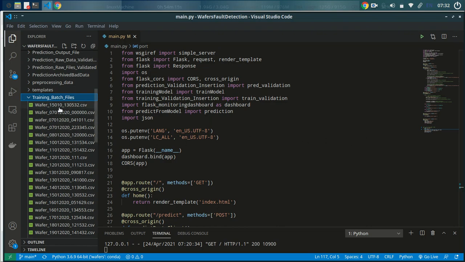Now, if a file does not follow this particular pattern, for example if its name is wafer.csv, then I am not going to consider that file. That file will fail the validation and will go to a particular directory. In this validation step we create two different folders, a good data folder and a bad data folder. Files that are successful in the validation move to the good data folder, and those files which are validated but not successful